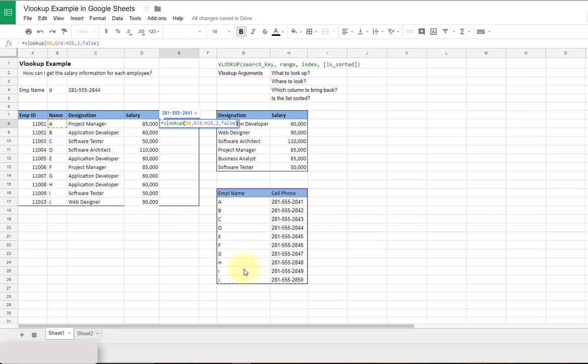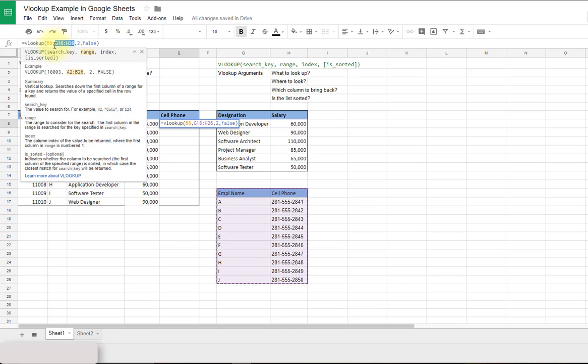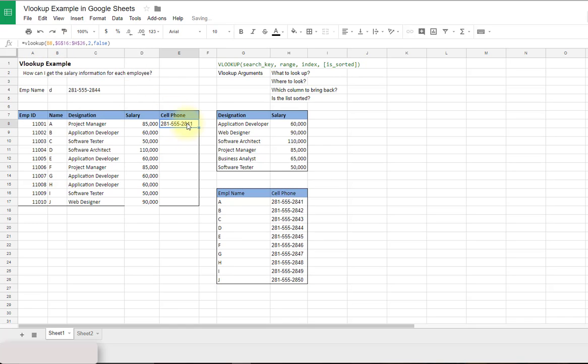again I can type here, click return to open this up, or hit escape. I can come up here to the function, and I want to type enter, press F4 to make it a fixed reference, and now I can copy this down, and there's all the phone numbers. So we've built this table based on 2 different lookup values from 2 different tables and brought them in to the same. So these ranges could be a whole other tab or a whole other spreadsheet, and it could be